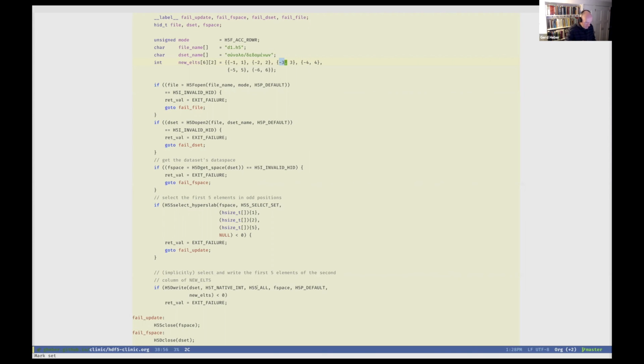If both are H5S_ALL, that's the safe case, and that's probably the first example that we all write. But then there comes this awkward moment, at least it came for me sooner rather than later, where you think, doesn't H5S_ALL just mean take that whole thing and so forth? No, that's not what it means, unfortunately. And it is tempting, given the naming, to believe that. But unfortunately, that is not the case.